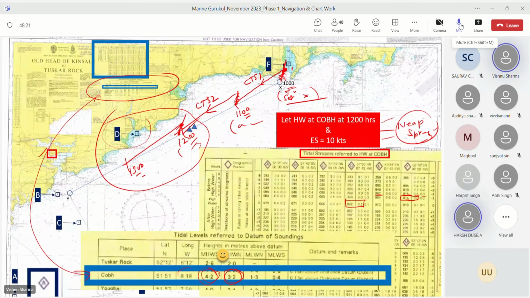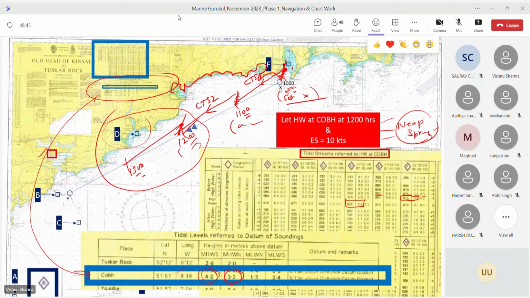Is there any particular range on the chart for which these diamonds are applicable? No, son, there is nothing like that. In fact, when I say use Foxtrot, we are just using proximity. It is not necessary that Foxtrot's tidal stream is there, because these streams are being modified by the land contours, you see, right? So there is nothing like that. This is only the way you can apply. Otherwise, in reality, they are good only for the station where they have been observed. The moment you leave that station, it's going to change for sure.